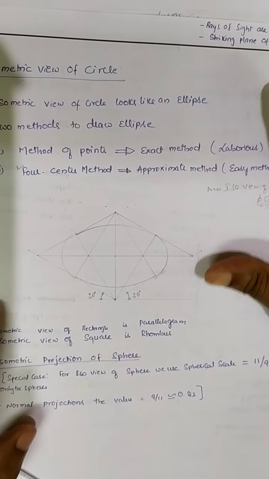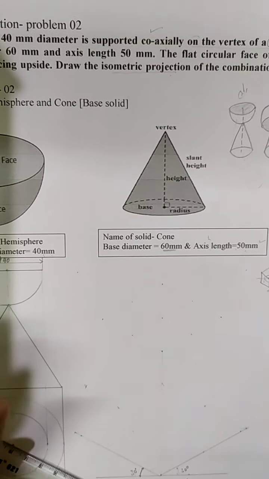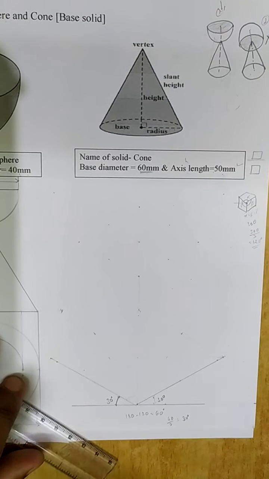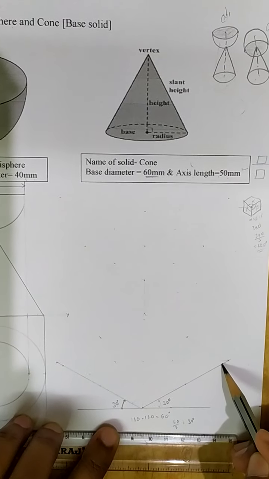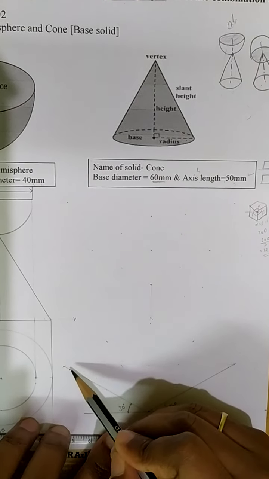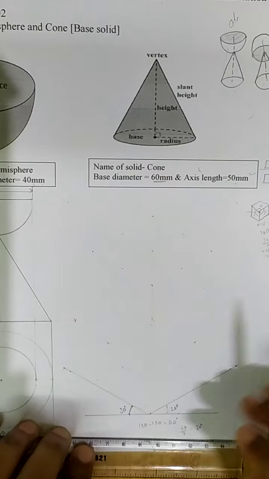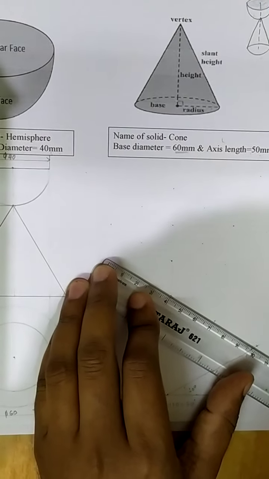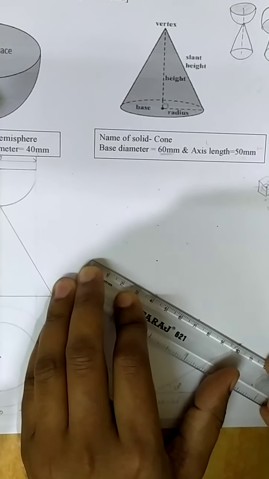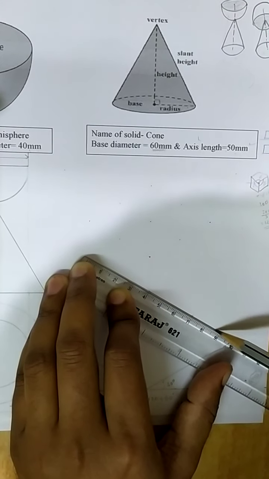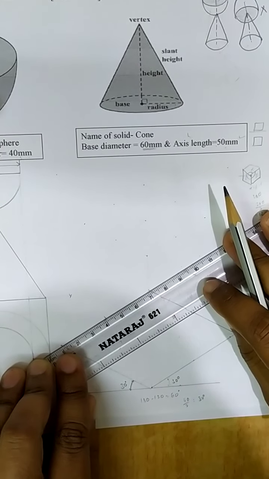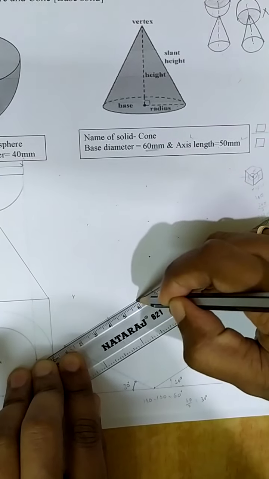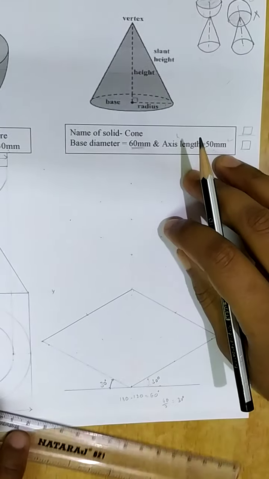So now let us apply the same procedure. In our problem, the base diameter of the cone is how much? 60 mm. So hence I should take the 60 box now. On this 30 degree line I have marked 60 mm point, and one more 60 mm point is here. Okay, so now with respect to those 2 points, I'll obtain the fourth corner of that square, which looks like a rhombus in the isometric view. This is one point and this is the another side of the rhombus that I have considered.